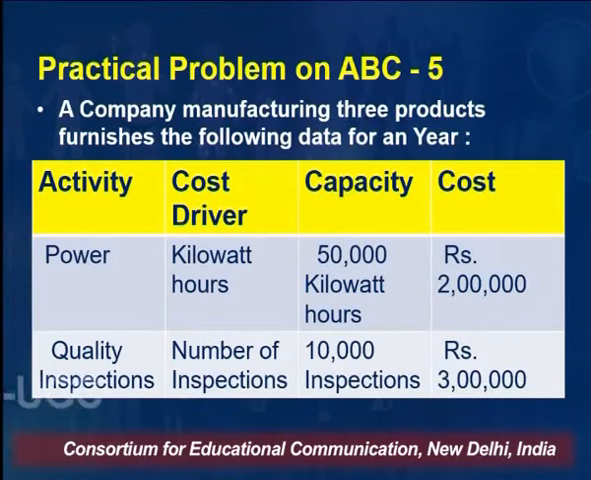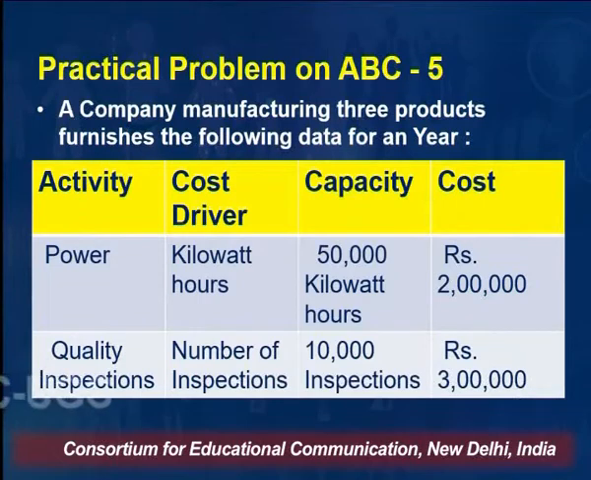The question is reporting that the activity with which they are dealing is power and quality inspections. Cost drivers are kilowatt hours for power, and for quality inspections, number of inspections. Capacity they have reported for power is 50,000 kilowatt hours, and cost for that is rupees 2 lakh. And the same for quality inspection is 10,000 inspections, that is their capacity, and cost for that is rupees 3